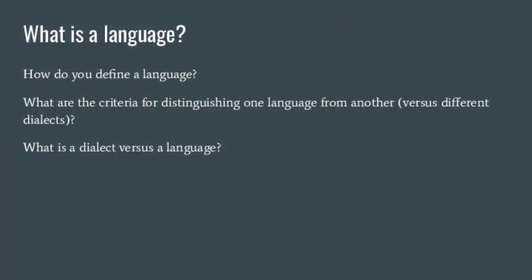Basic question, though, for you. What is a language? How do you define a language, like French and German and English and Japanese and Korean and Chinese? What is a language? It's actually not that easy. What are the criteria for distinguishing one language from another? You might think, well, they can understand each other. Well,